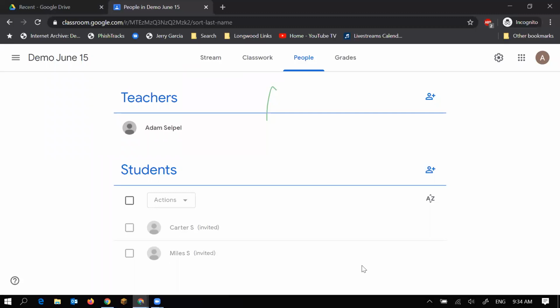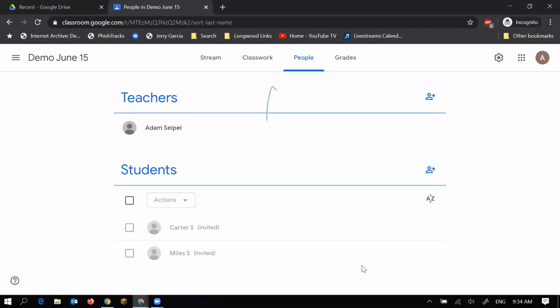the next time they log into Google Classroom, we saw those cards with the different courses at the beginning. They'll have one for your class, and they'll have a button in there that says, you've been invited, do you want to join? Or something along those lines, and they would just click yes, and it would add them to